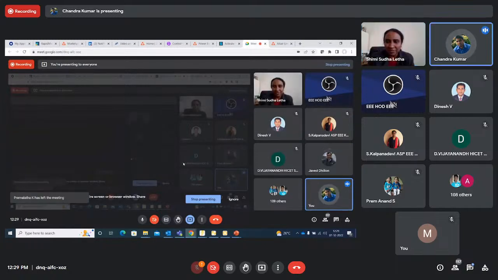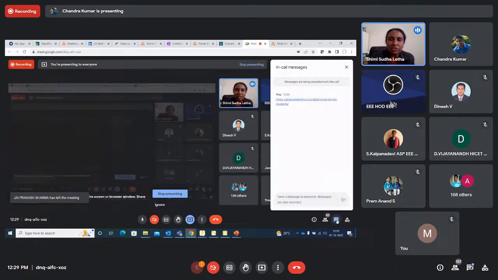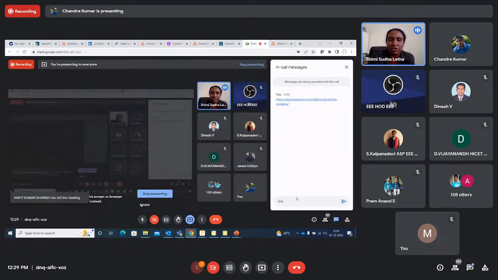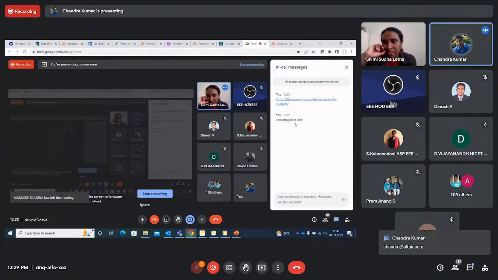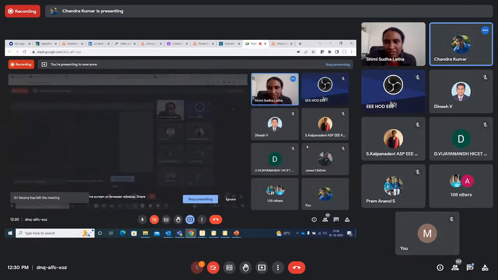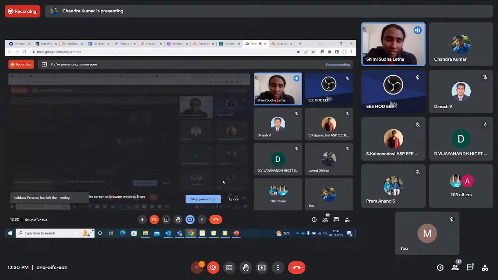Ma'am, if you could share the email ID of Sir Chandrakumar in place of the contact number, I think the email ID will be better. I will share my email ID here also. Those who want can directly contact you. In some centers I have only the coordinator's mail ID, so if they are interested, I have shared my mail ID. Sir has shared the mail ID, so that's better now. The mail ID is noted, and those who are really interested can directly contact sir and have some sessions or workshops in depth.